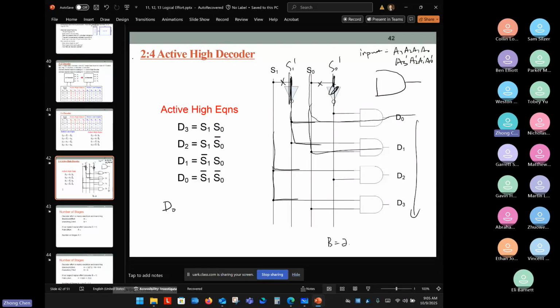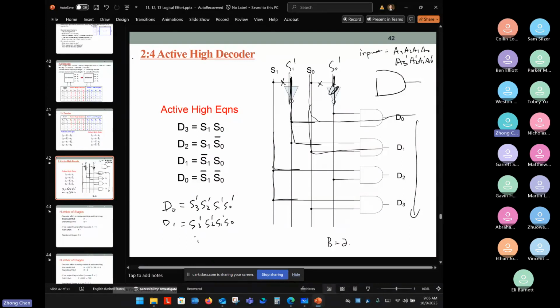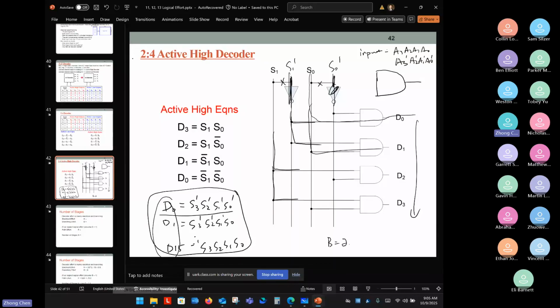So for example, D0 will be equal to S3 not, S2 not, S1 not, and S0 not. D1 will be equal to S3 not, S2 not, S1 not, and S0. And keep going, you have D15, which is equal to S3, S2, S1, and S0. So the number of inputs has changed, the number of outputs has changed. And if you consider the equation of this output and translate that into the circuit,